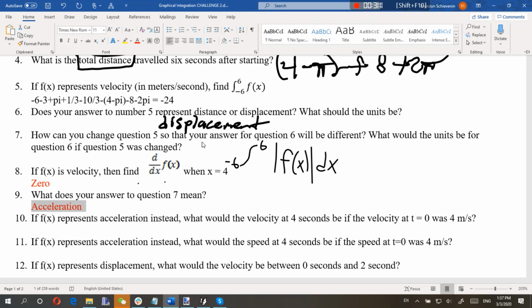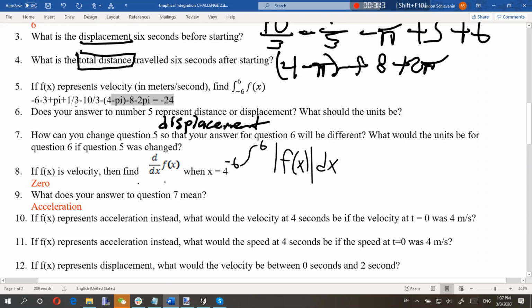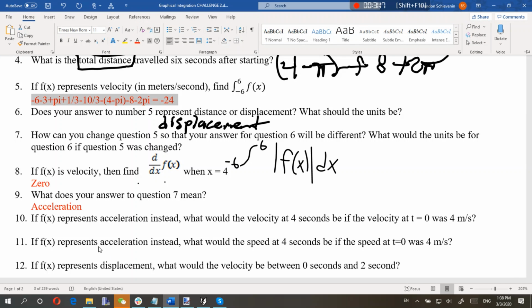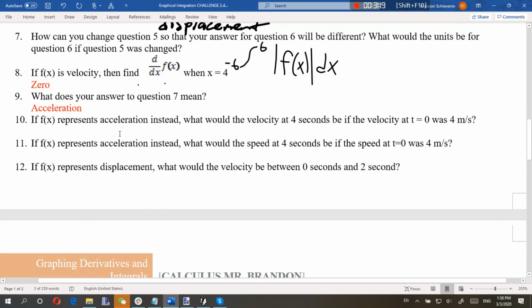Okay. We're a little bit over time for what I was looking for. So I'm going to look at the next questions and we'll just talk about how we would solve them instead of actually solving them. If our y value was actually acceleration, how would I get the velocity? Okay, I would have to integrate. If the velocity at t equals 0 was already 4 meters per second,